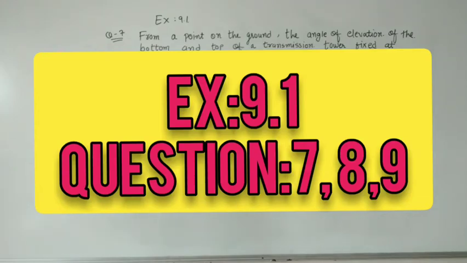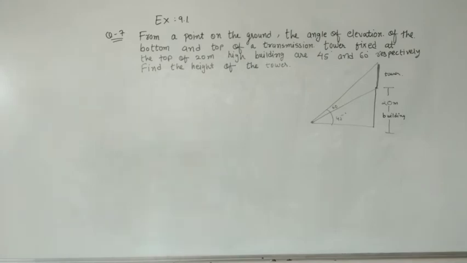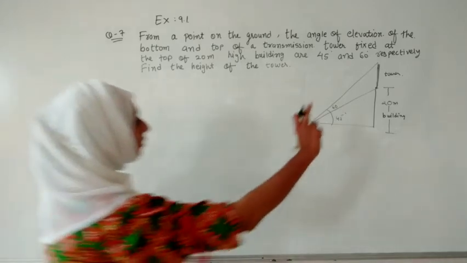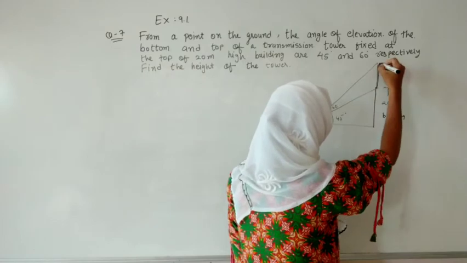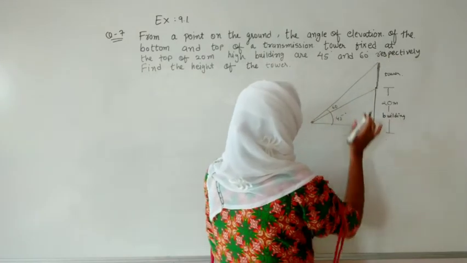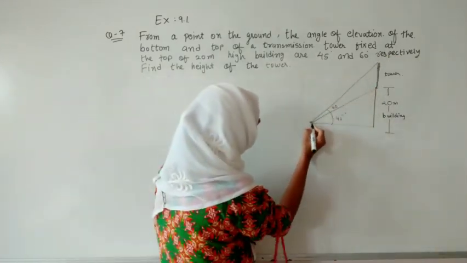Let me read the question. What they told us: from a point on the ground, the angle of elevation of the bottom and the top of a transmission tower fixed on top of a 20 meter high building. That is, a tower has been built on top of a 20 meter high building. And when we are watching from one point,